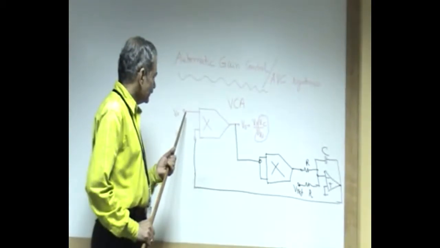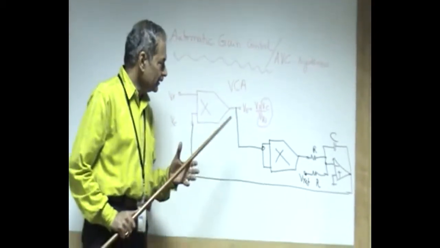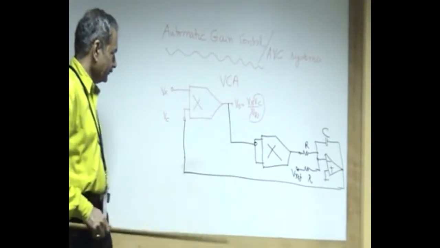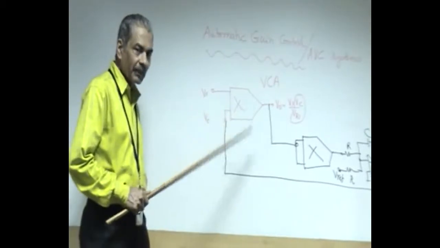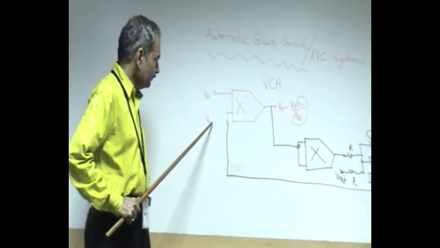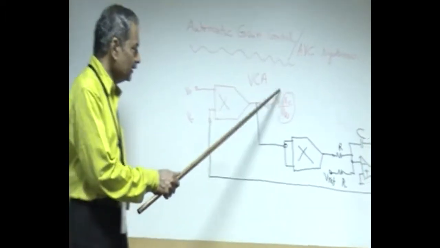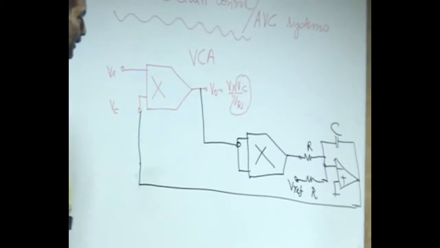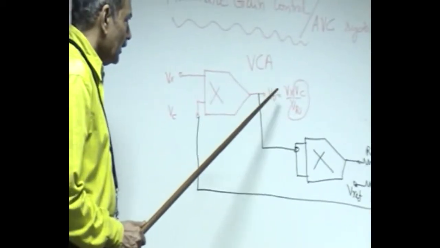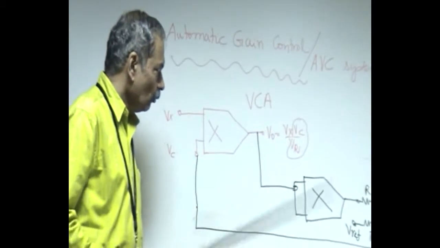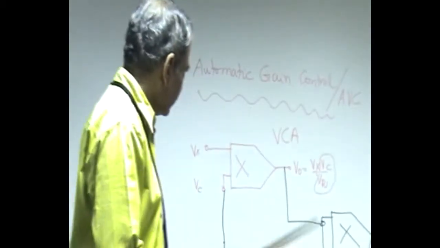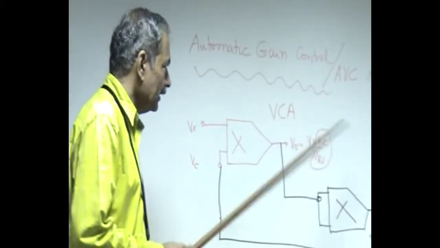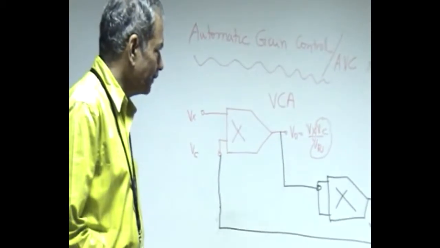So let us now establish a voltage controlled amplifier, and the voltage controlled amplifier is nothing but a multiplier. An ideal multiplier is being used, Vx into Vy, which is Vc, the control voltage, into Vy divided by Vr, where Vr is the constant of proportionality of the multiplier. Such precision multipliers with a standardized value of Vr of about 10 volts exist, which can handle signals of the order of plus minus 10 volts.